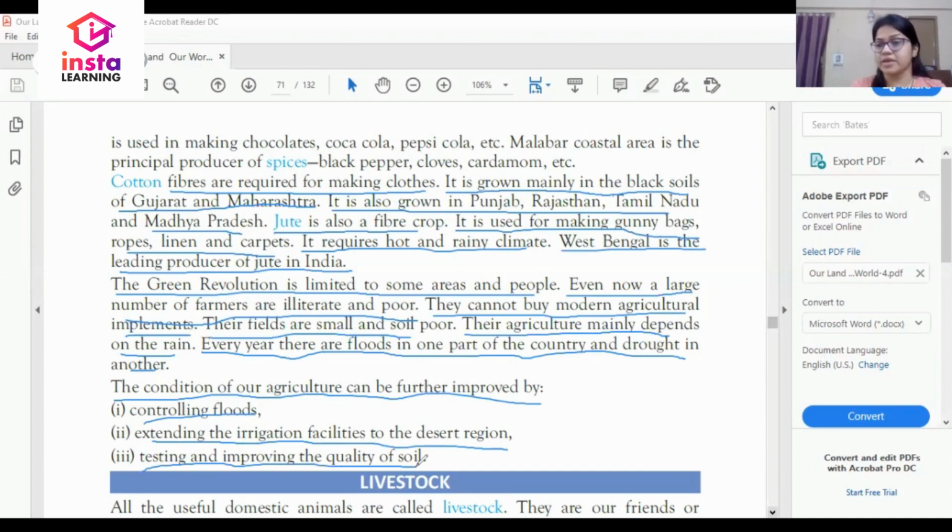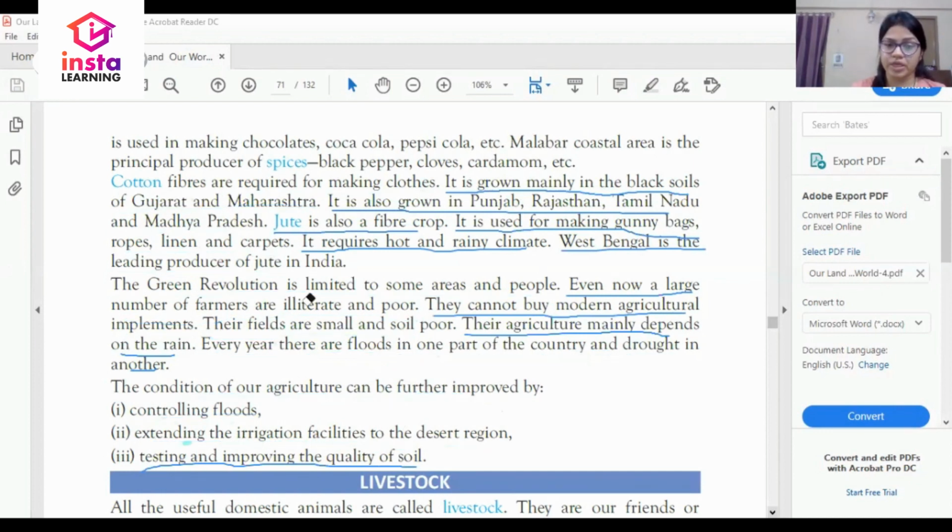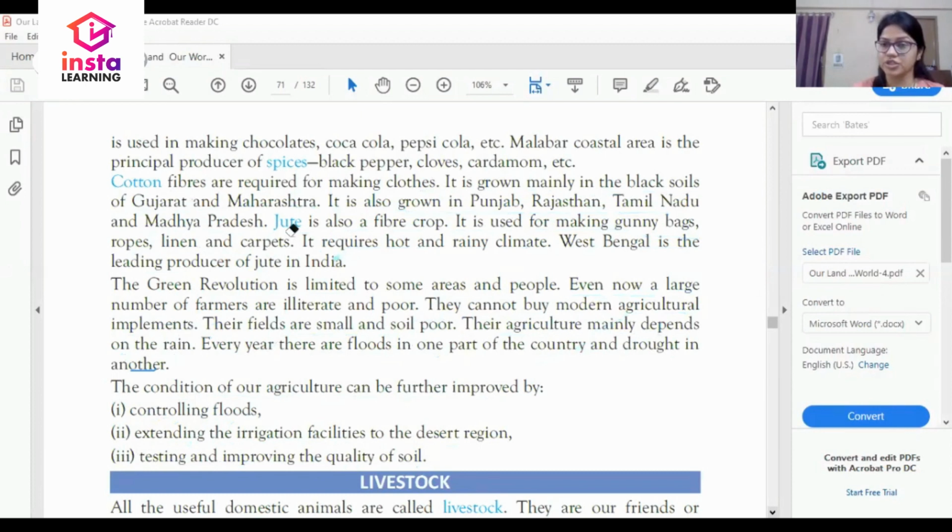Dear student, as I am revising it again, the condition of our agriculture can be further improved by, कैसे improve हो सकती है? Floods को control करके, extending the irrigation facility to the desert region. रेगिस्तानी एरिया में भी इरिगेशन सिंचाई बढ़ा करके, testing and improving the quality of